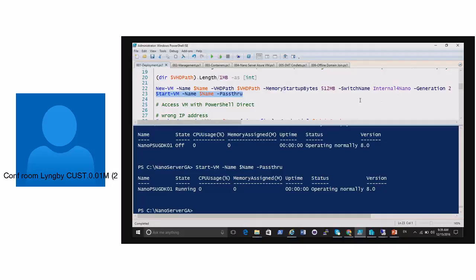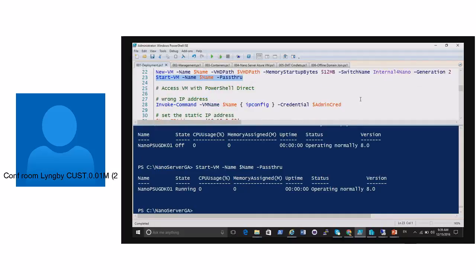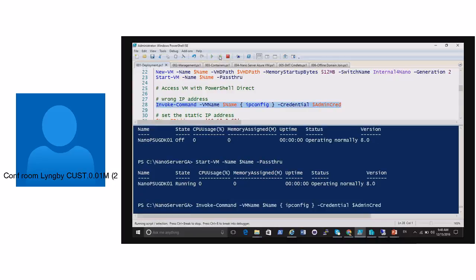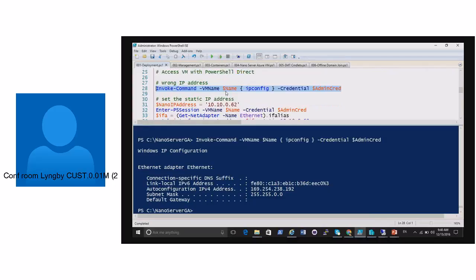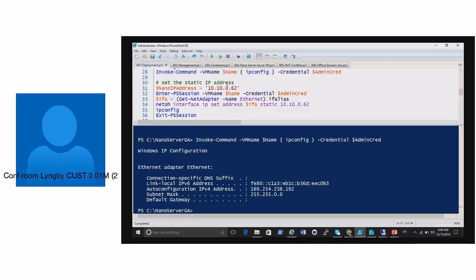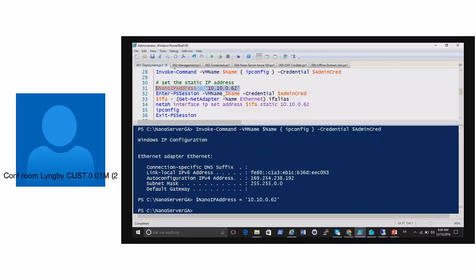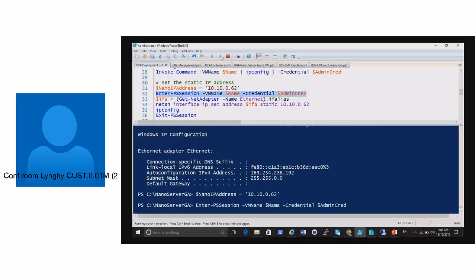So let's now try to access the VM with PowerShell Direct. First, to show you how it works, they provided this new parameter, VM name, also VM ID if you want to use the ID. So I will run this just to show you that the IP address is wrong. We will connect to a Nano VM over the VM bus. You see that this is not a usable IP address that I can use to connect, so I need to fix that. So I will specify here a Nano IP address and create an interactive